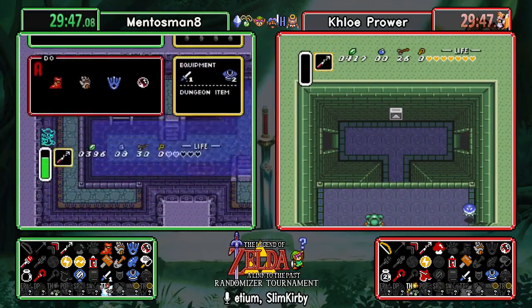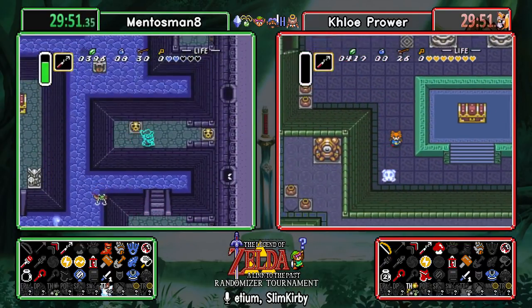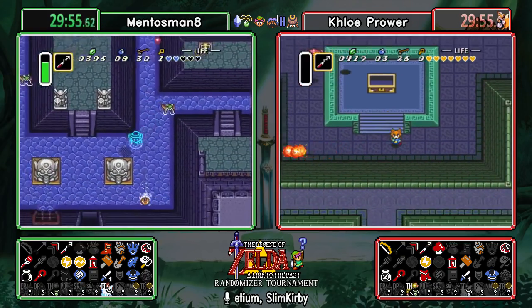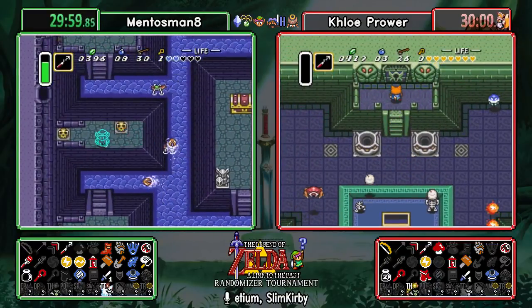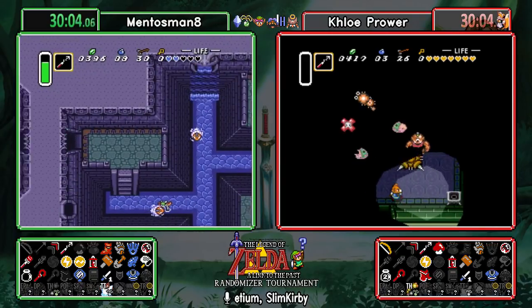Oh, look at that. He just got a hint for the mirror. That's a good place to get that. Yeah. So unfortunately, that hint, I think, is going to negate Mentos' advantage a little bit, because Khloe will know to...